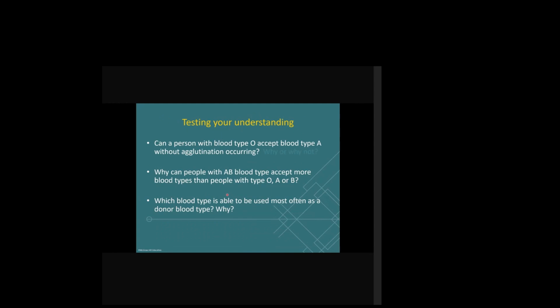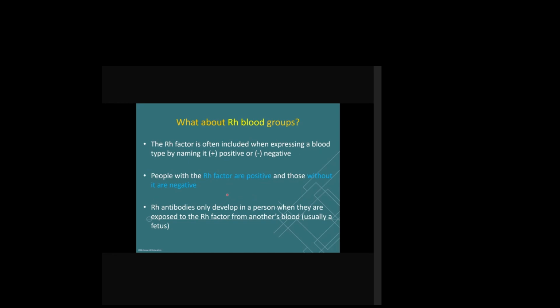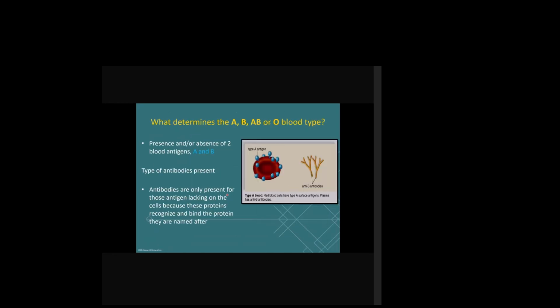Then I gave you some exercises here to do. Can a person with blood type O accept blood type A without agglutination? Why or why not? Why can people with blood type AB accept more blood types than people with blood type O, A, and B? Which blood type is able to be used most often? If we go back here,